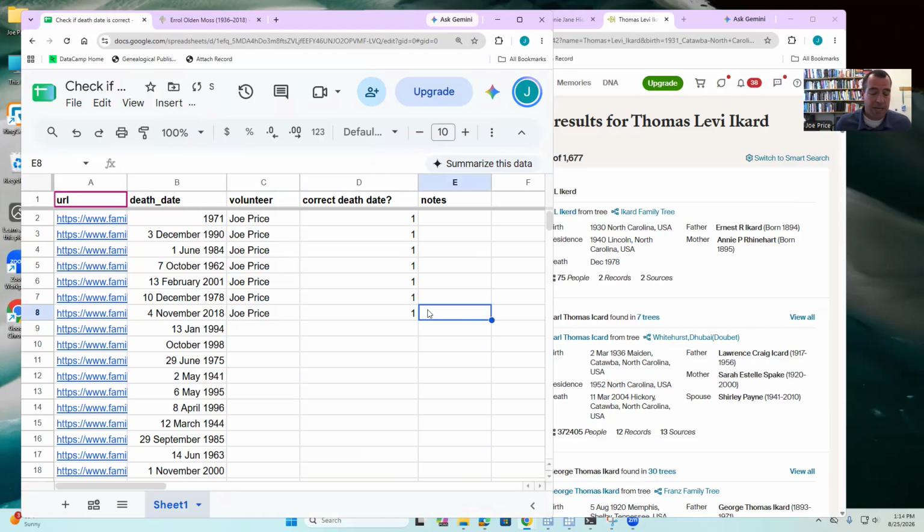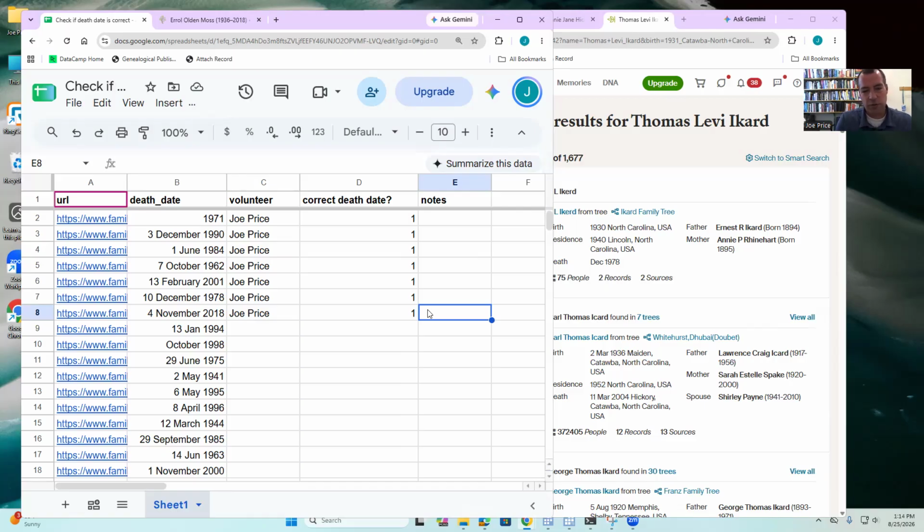Again, we don't know how many of these will be wrong, but we are looking for those that are wrong, and if it is wrong, we'd love for you to put some notes there. We're going to investigate and see why that is. The end result of this short-term project is that we want to be able to say something about the quality of the death information for this population, and we're using it for a National Institutes of Health grant. This is our way of checking the quality. But more broadly,